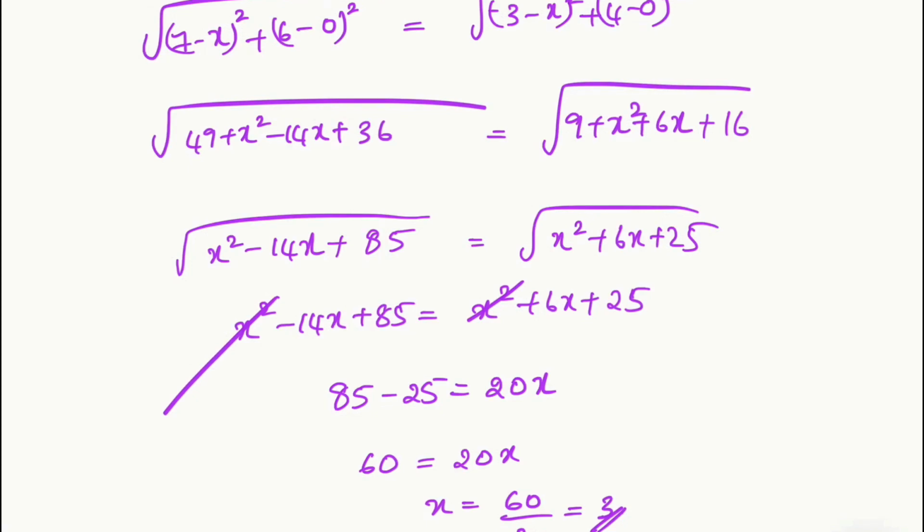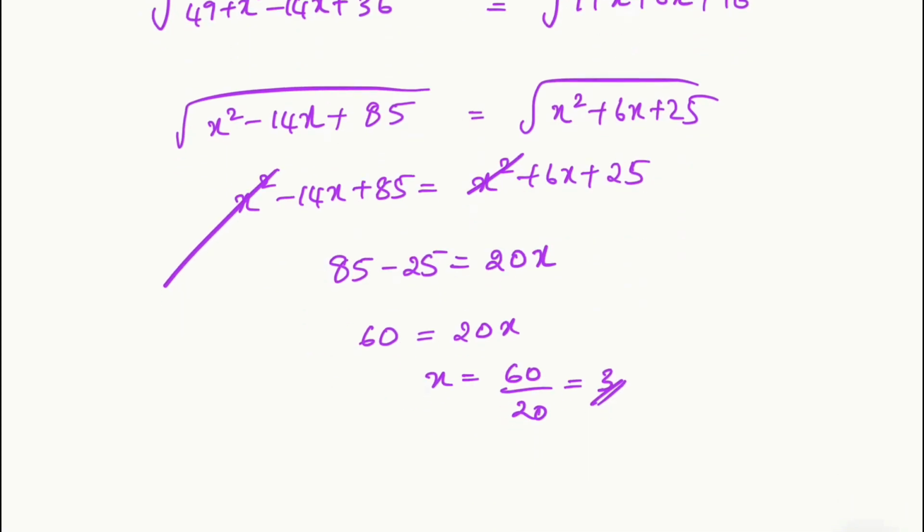Now, similar way doing the next question. Value of x, you get it as 3 in this case. So when you get the value of x as 3, it's a coordinate, right? What will be the coordinate? It is (x, 0), correct? (x, 0) can be written as (3, 0).